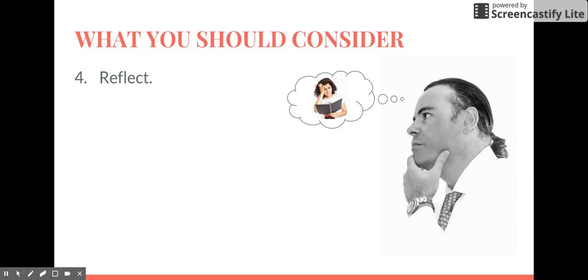is reflect. You might notice, okay, I see a lot of students who are struggling in this area. I see a lot of students who are excelling in this area. Maybe I need to reteach here. Maybe I need to revamp this. Maybe I need to figure out what are some other issues that I'm seeing in the class. Maybe I need to create an intervention for some students. Maybe I need to provide some enrichment for these students. Maybe I need to call home. Maybe I need to ask a student to stay after school, or whatever it might be.